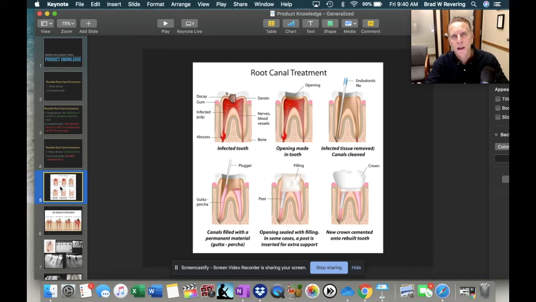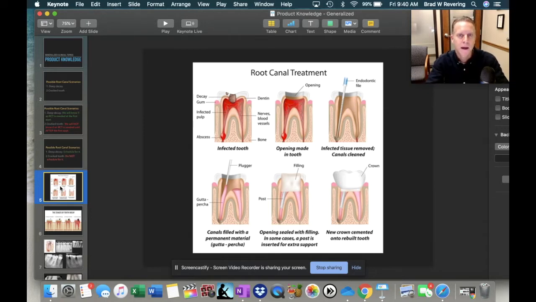A root canal is when the inside of a tooth, the pulp tissue itself, which is the blood supply and the nerve, becomes affected or infected. I should say affected, meaning becomes irritated or inflamed. We call that a pulpitis. The kind of pulpitis that doesn't get any better, we call an irreversible pulpitis, or it becomes necrotic, or the inside of the tooth dies,